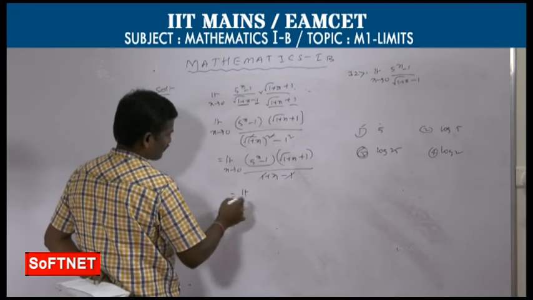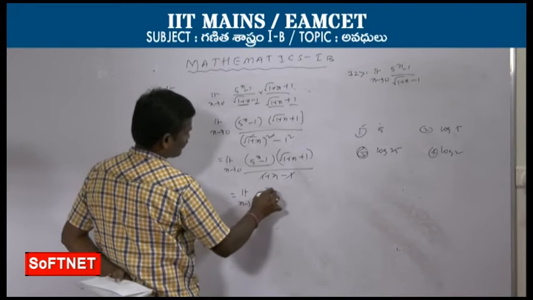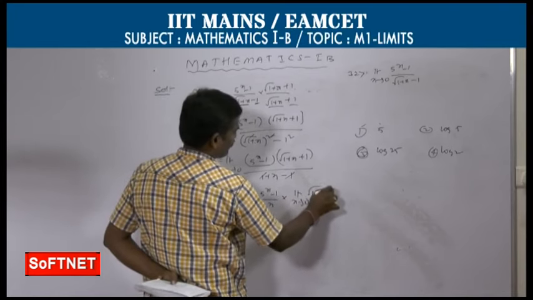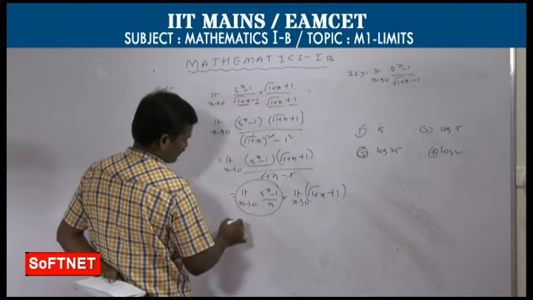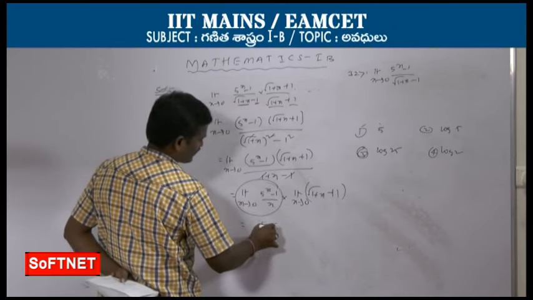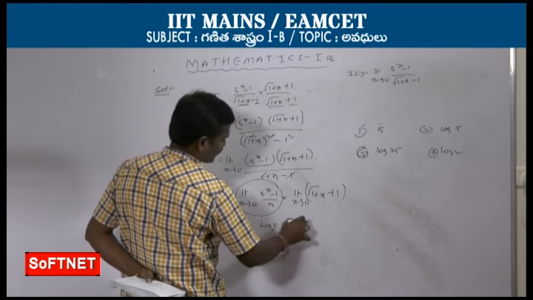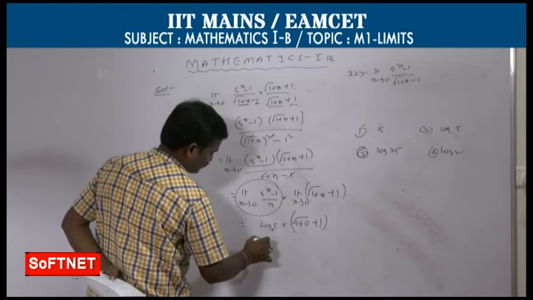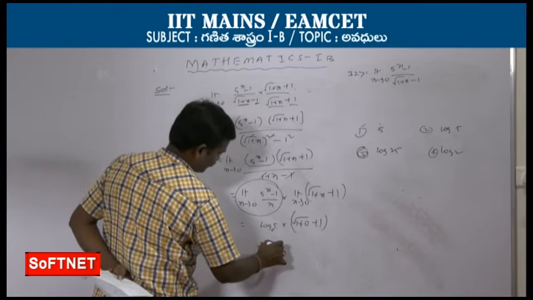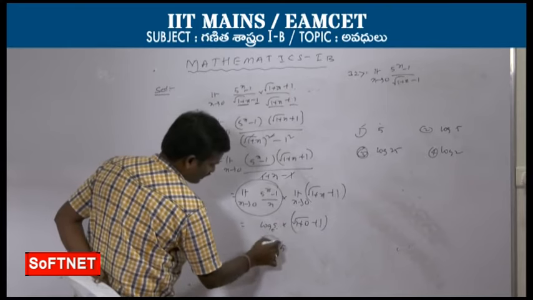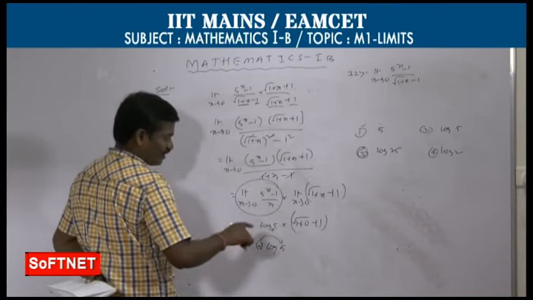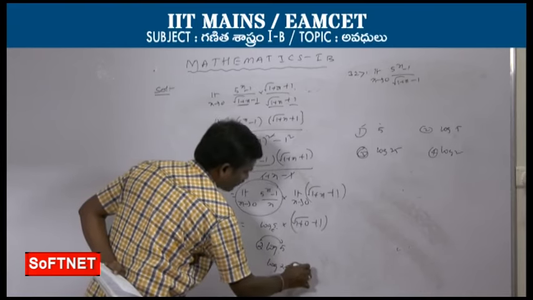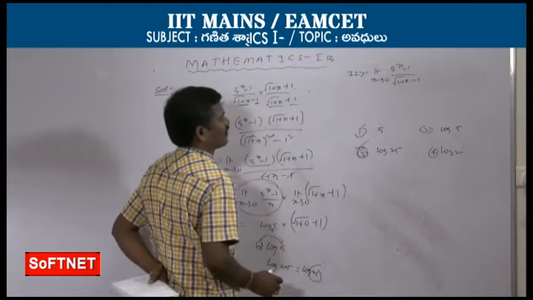So here we separate the standard limit. Limit as x tends to 0 of 5 power x minus 1 by x, only 1 x is there here, and limit as x tends to 0 of square root of 1 plus x plus 1. So this one is nothing but the standard limit log 5 to the base e, into 1 plus 0 plus 1 in brackets. So root 1 is 1, 1 plus 1 is 2. 2 log 5. This 2 can be written inside the log: m log a can be written as log a power m. So log 5 square, 25. So log 25 is the answer. Third option is the correct option.